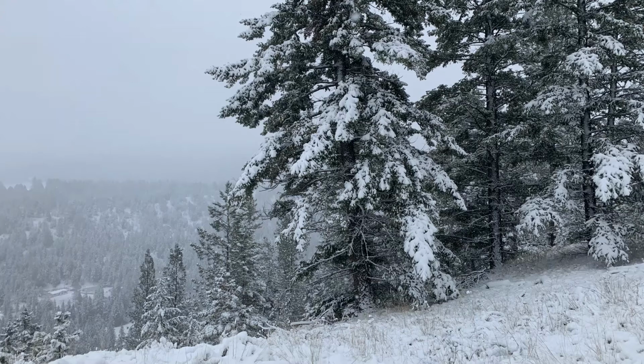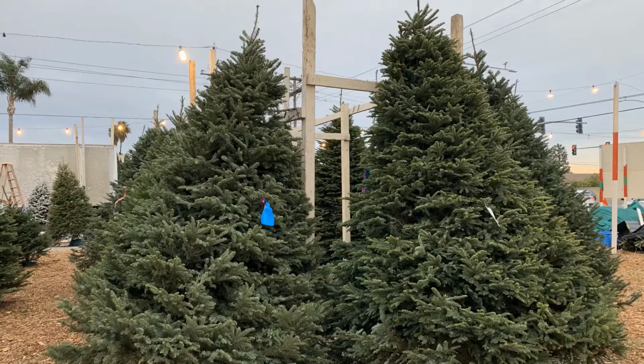Yeah. And then my family has always done noble fir. And I know my family was particular about the noble fir because they would go and cut down that tree. They'd go look for that particular type of tree in the woods and get that tree and bring it home. And so that's why we always went with the noble fir. And then there's also,